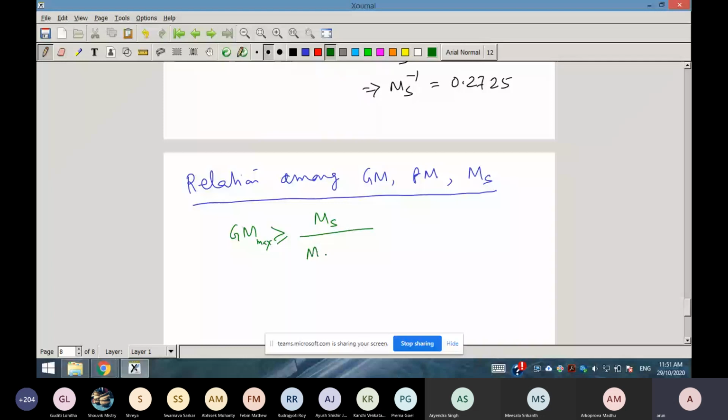Phase margin is greater than or equal to 2 into sine inverse of 1 by 2 MS. So GM max means upper side GM. Similarly, the lower side GM relation also exists, which I will give you as a home task. So this is MS minus 1. Now you can always prove this